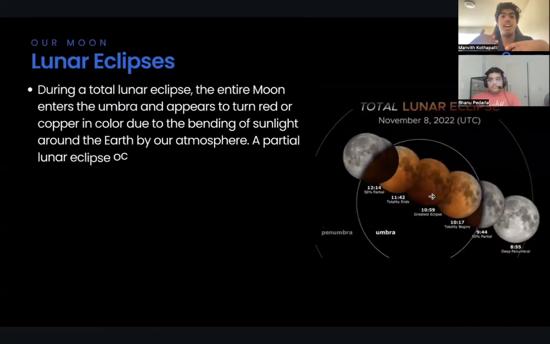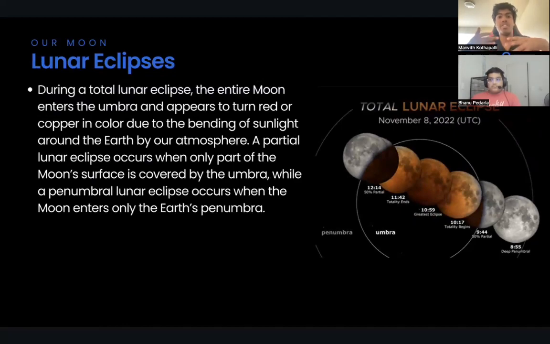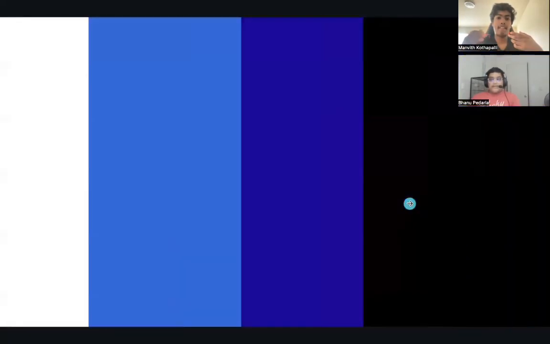During a lunar eclipse, two shadows are cast on the moon by the Earth, the umbra and the penumbra. The umbra is the inner darker shadow that gets smaller and smaller as it goes away from the sun. It is the dark center of the eclipse shadow. The penumbra, on the other hand, is the outer lighter shadow that gets larger as it goes away from the sun. During the total lunar eclipse, the entire moon enters the umbra